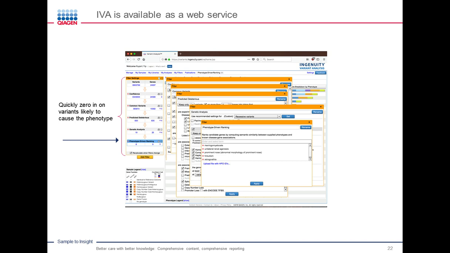The third filter allows you to ask questions like, show me only those variants that are likely to cause disease, and you can filter by pathogenic or likely pathogenic as defined by ACMG, or filter for those that are present in HGMD or found in ClinVar. Or look for variants that are likely to cause gain of function or loss of function based on evidence in the literature or based on in silico predictors.